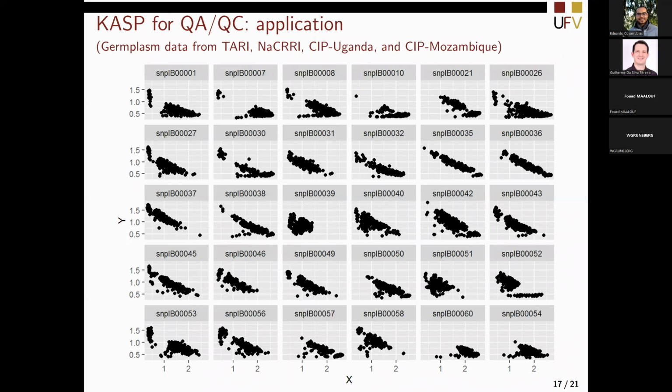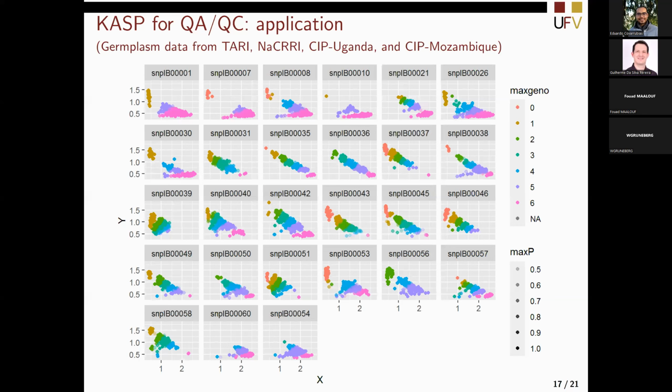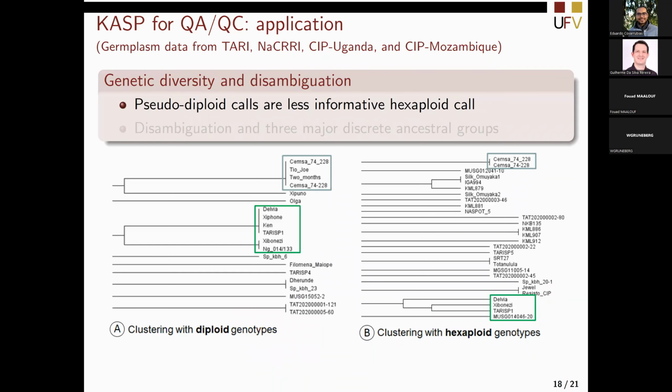But we were interested in seeing a little bit of diversity and how these diversity groups are distributed across different breeding programs. We ran a plate from Tari, Nakri, SIP Uganda, and SIP Mozambique, right, with 30 selected SNPs. Here are their dosage calling, the ones that we actually selected for analysis. One first thing we were interested in seeing